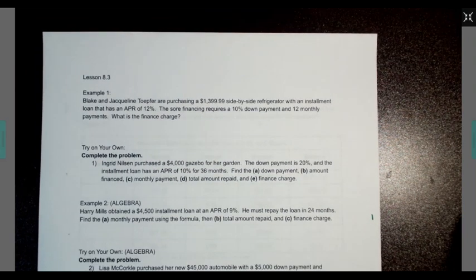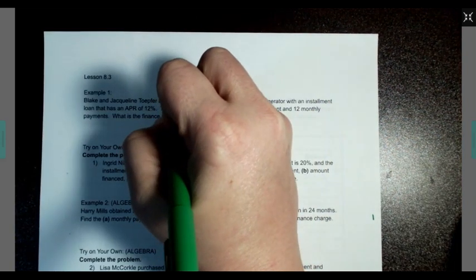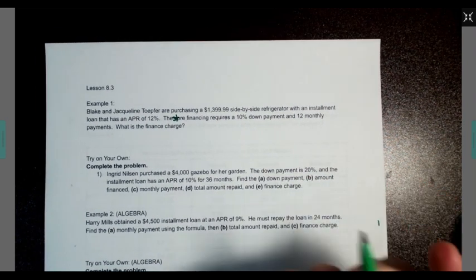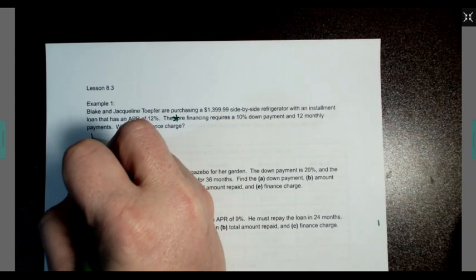example 1. It says Blake and Jacqueline are purchasing a $1,399.99 side-by-side refrigerator with an installment loan that has an APR of 12%. This should say the store financing requires a 10% down payment and 12 monthly payments. What is the finance charge? Well, I first have to find out how much that down payment is, because I need to know how much we finance. So we're going to first find our down payment